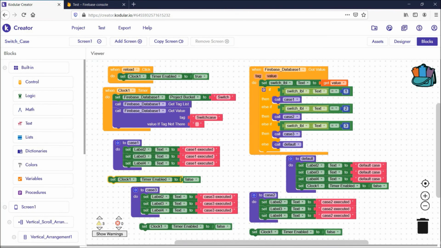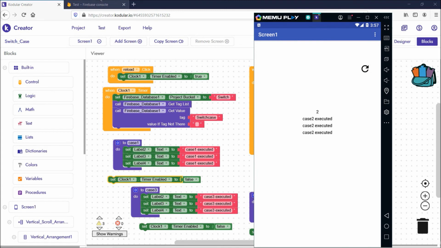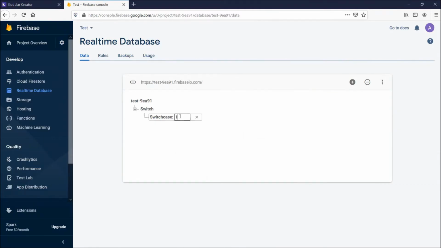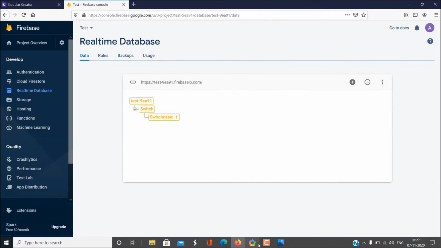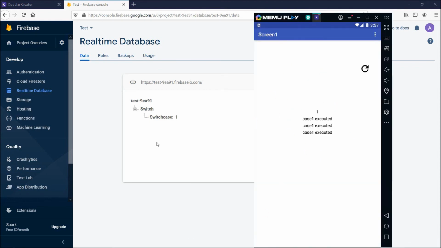I have given case 2, so case 2 executed. Now see, I will give case 1, so it is automatically reflecting. Without reloading, it will automatically reflect.